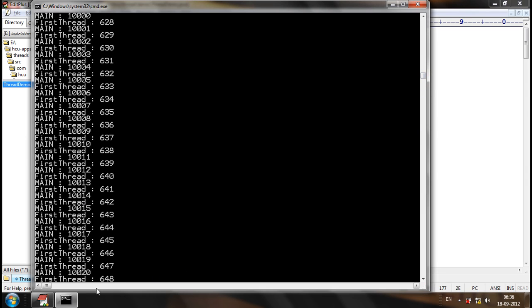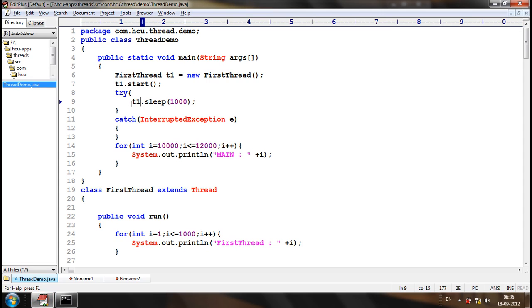Sorry, this will not be the case, just because sleep is a static method. Even if you use a reference, at runtime it will be converted